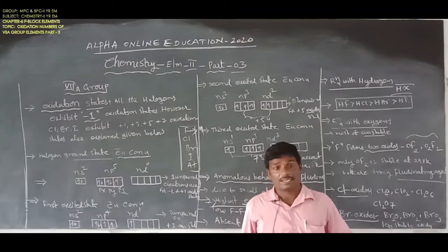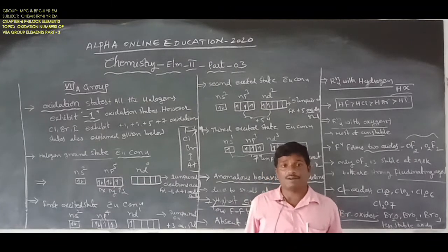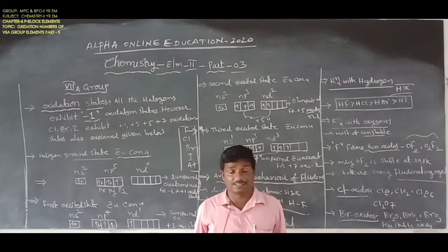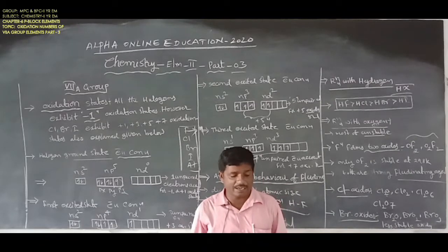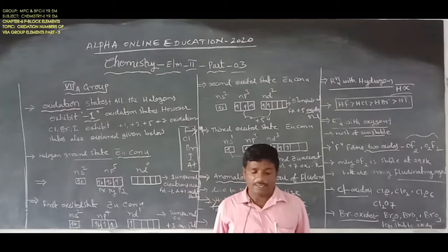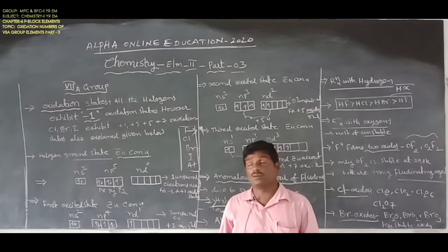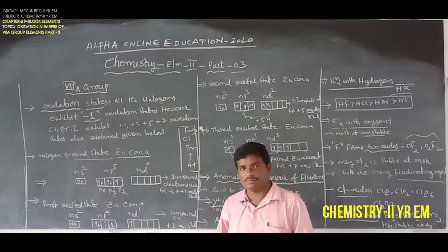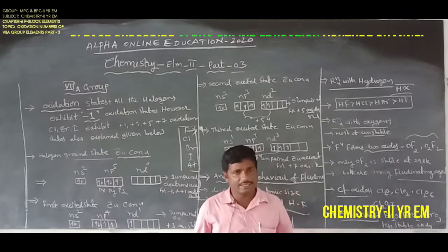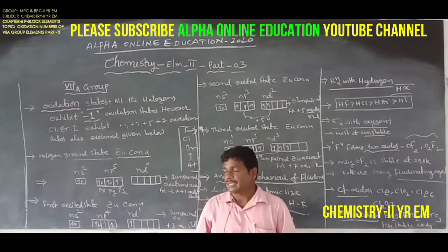Next, iodine combines with oxygen to form iodine oxides, for example I2O4. Next one, I2O7. Those are the iodine oxides. All halogen elements combine or react with the oxygen atom to form different types of